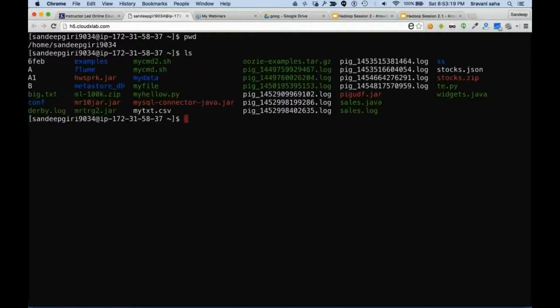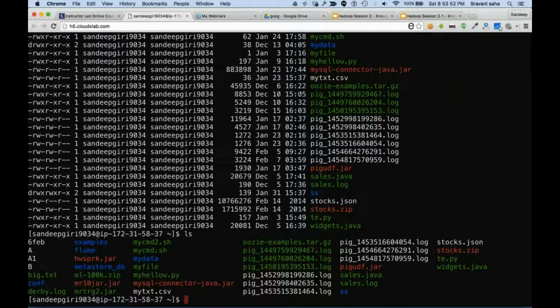Okay, and I say ls means show me the listing of all the files in this folder. ls shows all the files in this folder. All right, and rm deletes a file. Say for example, I'm trying to delete this particular file. So I could just say rm space pig, and